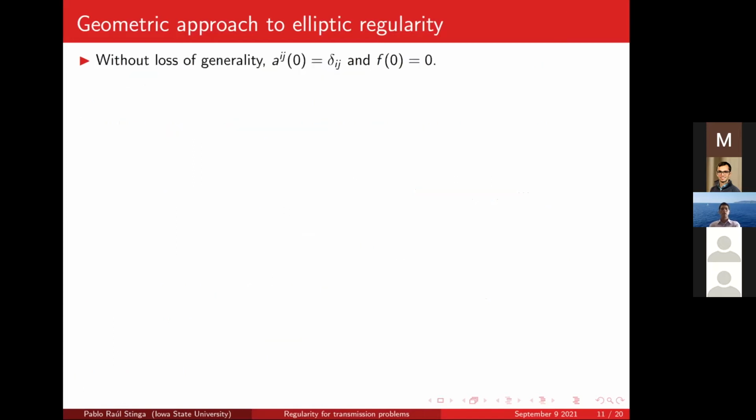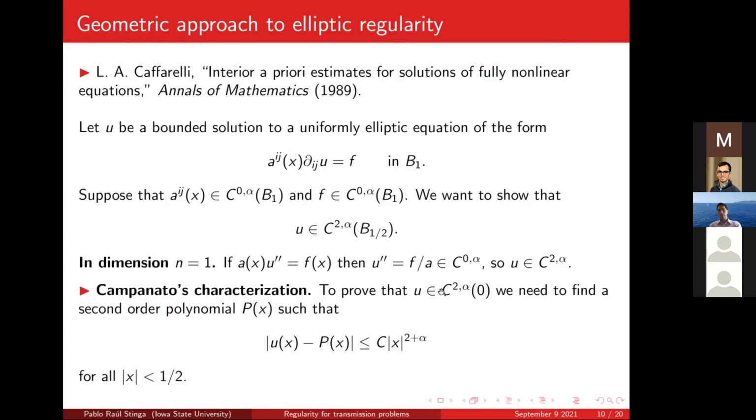All right, so how to do that? So say I want to prove that U is C2 alpha at the origin, then if we look at this equation at the origin at x equals 0, I can do a linear transformation to the matrix A, right? The matrix is elliptic, so diagonalizable. So I can do an orthogonal transformation here and assume that Aij at the origin will be the identity. And then F, well, F is a continuous function, right? So I can also assume that F at 0, say, is 0, all right? By subtracting a quadratic polynomial, essentially.